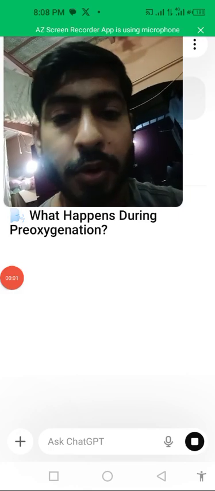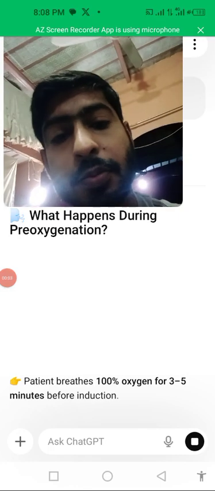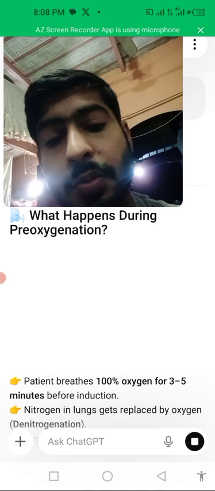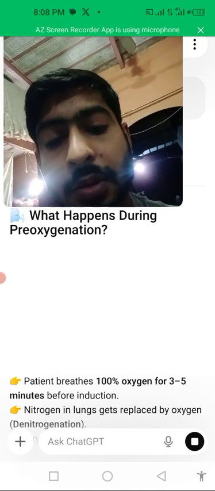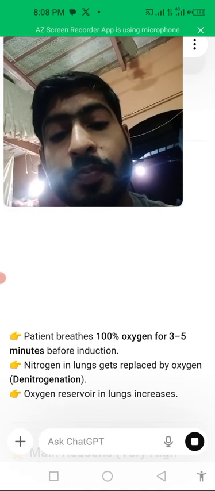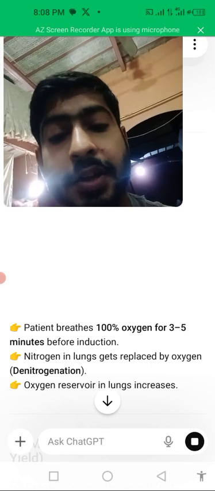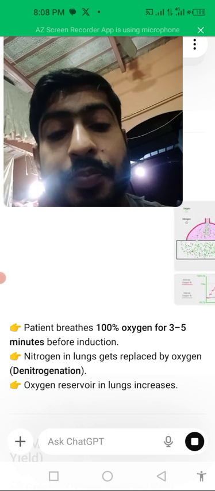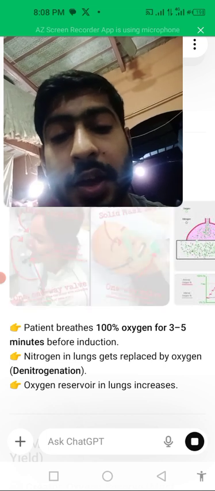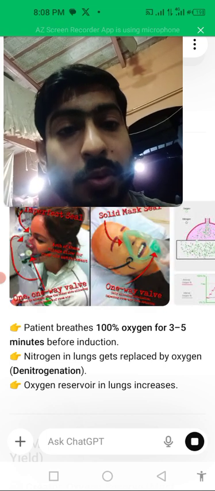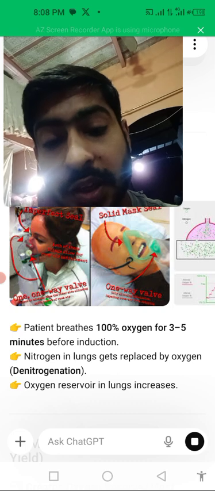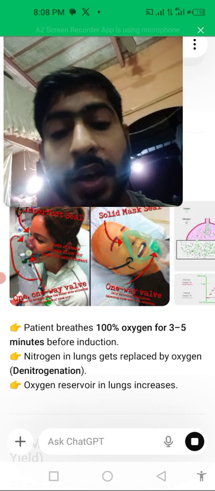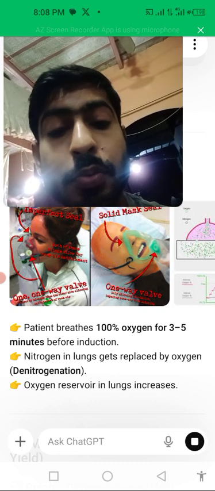Okay, so there is a point about why pre-oxygenation is very important in anesthesia. Why do we pre-oxygenate the patients, and what is the purpose of pre-oxygenation? Pre-oxygenation is done with 100% oxygen for 3 to 5 minutes, and large breaths are given. Its main purpose, its main role, is denitrogenation and oxygenation of the lungs, and to create an oxygen reserve to prevent apnea